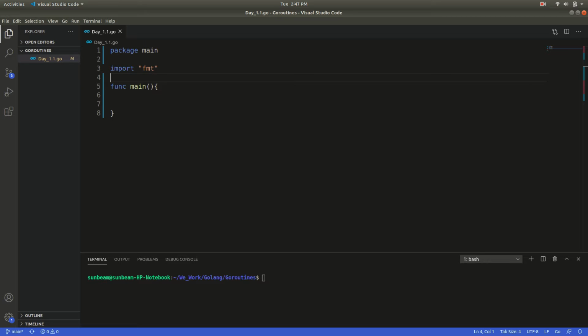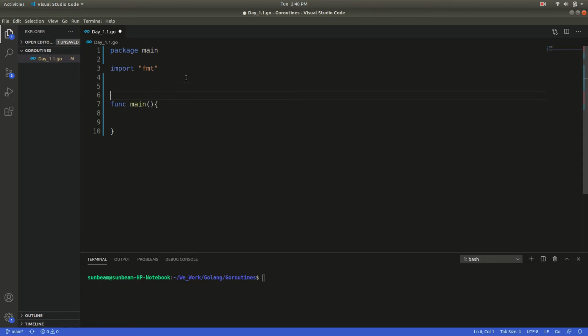Every program contains at least a single goroutine, and that goroutine is known as the main goroutine, like a Java program which has one thread. Now all the goroutines are working under the main goroutine. If the main goroutine is terminated, then all the goroutines present in the program are also terminated. Goroutines always work in the background. So we see the first goroutine program.